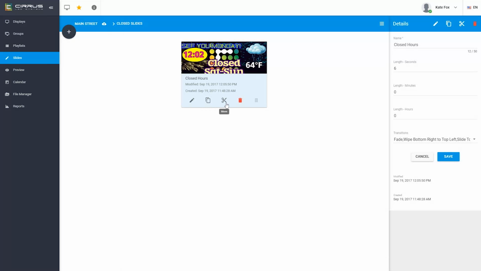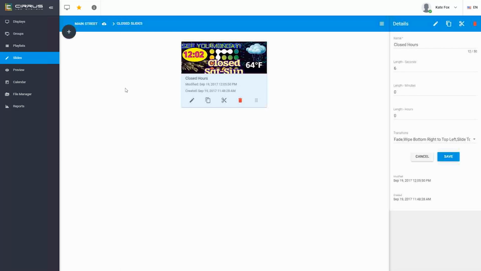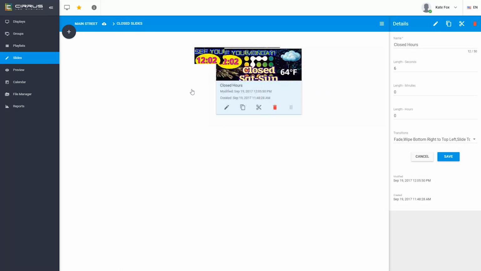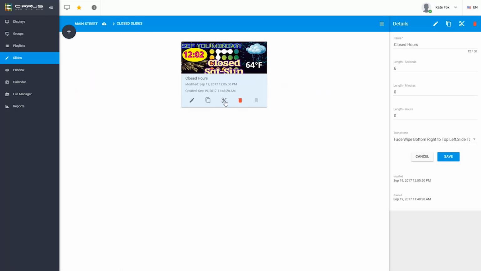The scissors will allow you to move the slide to any other additional playlist. The small trash can will delete, and the dotted square in the right-hand corner, if you click, hold, drag, and drop, it will allow you to reorder the slide within the playlist. As you add in more and more slides, they will run left to right, one line down at a time,